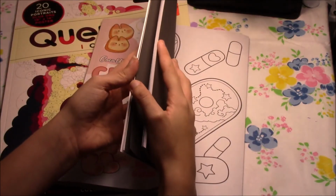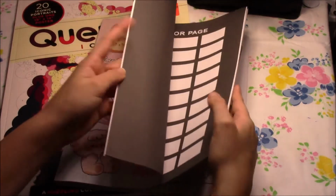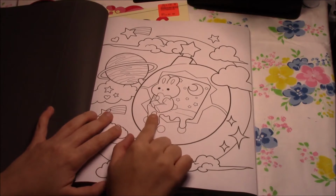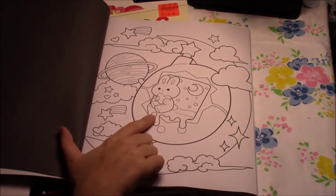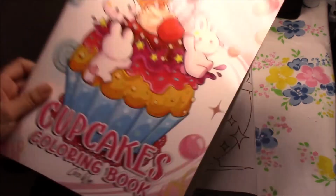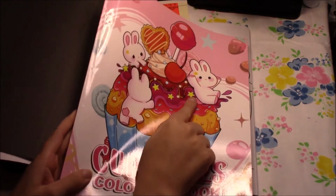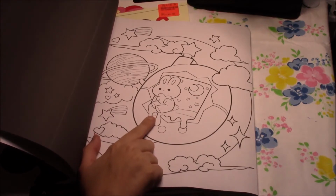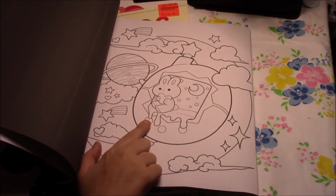I really can't find anything else about them. This, I know, is the same artist that did the Chibi Girls and Cupcakes book, because they like to draw this very specific little rabbit character. If you'll give me just a second. The Cupcake book is actually right here. Okay, see these little rabbits on the cover? That's the same style of little rabbit character. So I know it's the same artist, and I really don't know who this artist is,